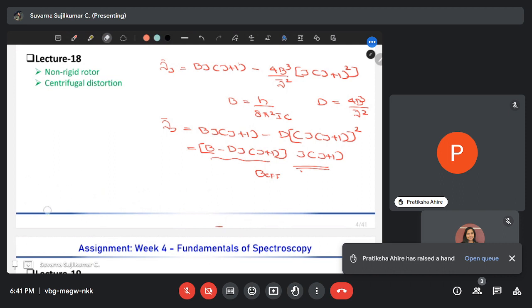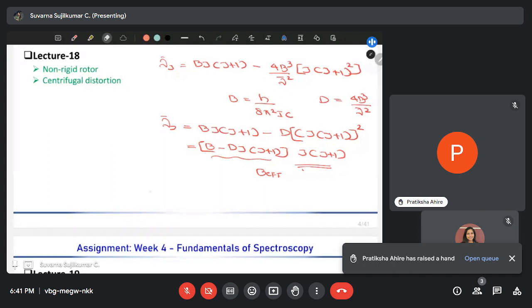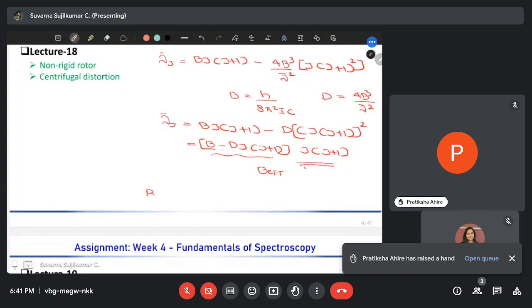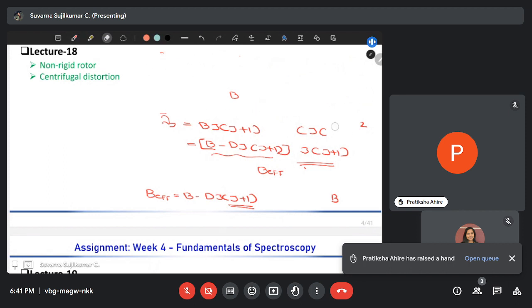So the equation for B effective will be B effective is equal to B minus D J into J plus 1. So under rotation, when we consider a non-rigid rotor, the B value will be somewhat lesser than the rotational constant B that we used in the rigid rotor approximation. Right. By this, the energy difference between two rotational states that we have evaluated,